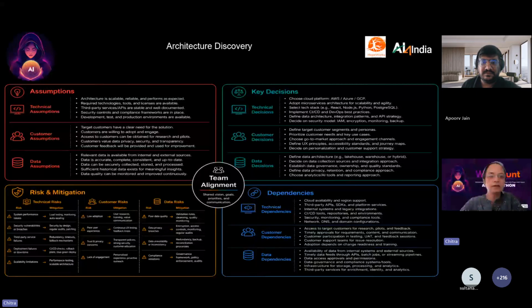Okay. Now, in terms of risks, since this is a proof of concept, there could be many things that are incomplete about your solution. So look at what are possible technical risks, and what are possible customer risks, especially if you have carved out the workflows for your customer. Are they working all right? For example, if a user enters a wrong piece of information, how is your solution able to handle it? Does it gracefully take the user back to the previous page, or tell the user that, hey, you've entered incorrect information? Okay. You have two more attempts left before you can log in, and things like that. Have you handled